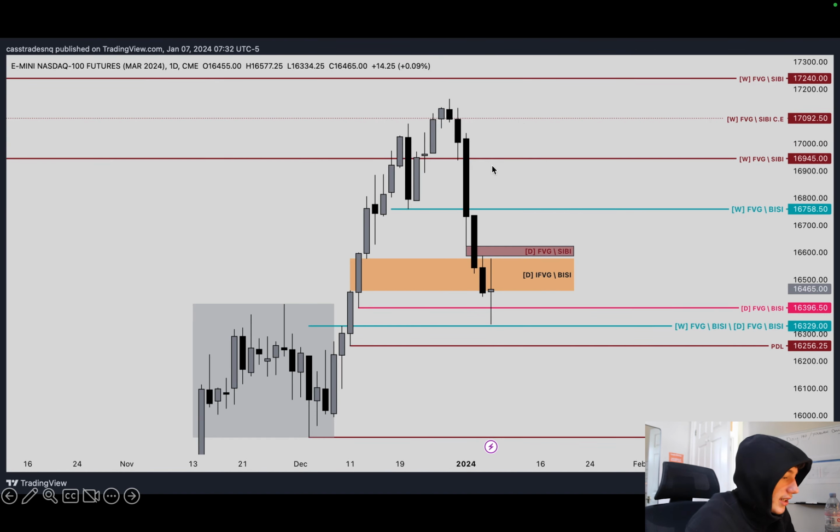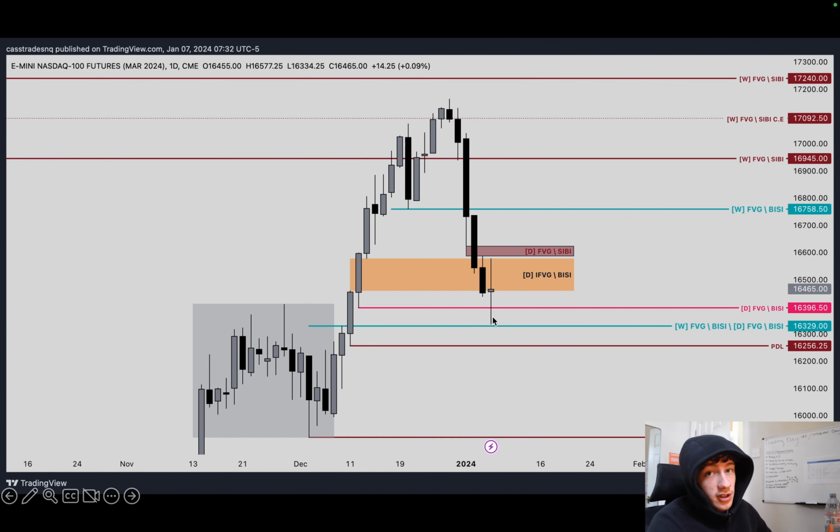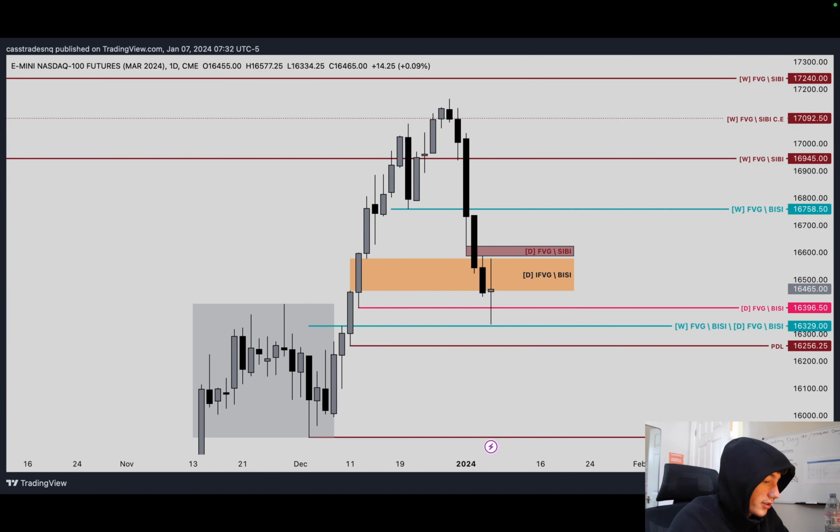Alright, here now we're on the daily chart. What we saw last week is this little BISI here closed below, and that's what brought me to my bias for this week, where we're going to go lower, and that has panned out. We had 3 consecutive days of down close, and then on Friday we saw a TGIF setup into a retracement in the afternoon session, and it's a pretty generic weekly profile.